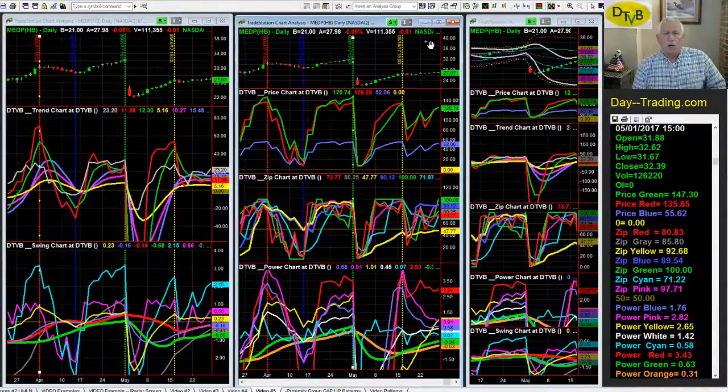The swing Zion is the 5th line with the power 4 that we watch in gaps up and gaps down. One of the best forms of a gap up is with the power 4 above 0, with Zion underneath power green and orange, primarily underneath the orange, and with power green and orange going up, and obviously when that happens, green is above the orange. And the other thing is that the orange and the green are really close together. I mean 0.03 or 0.07. We try to stay in that 0.15 area,